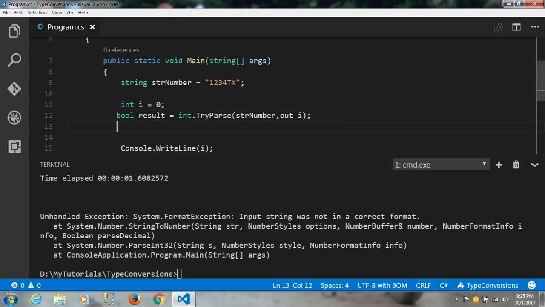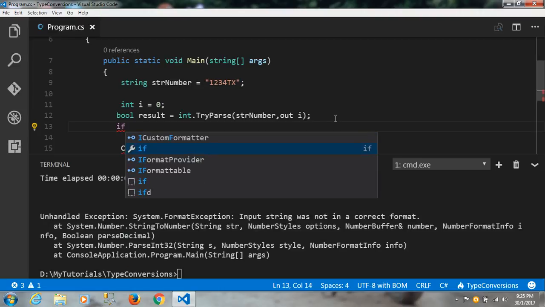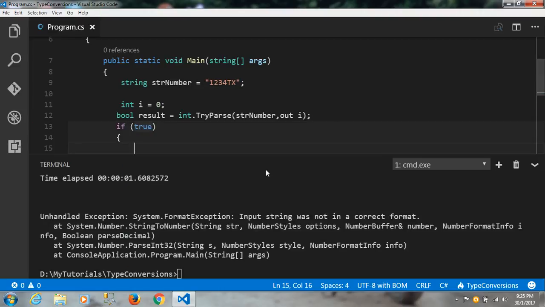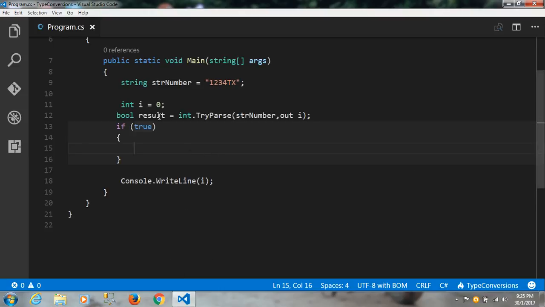So we'll use the if snippet, and directly put this result, then console.WriteLine i,